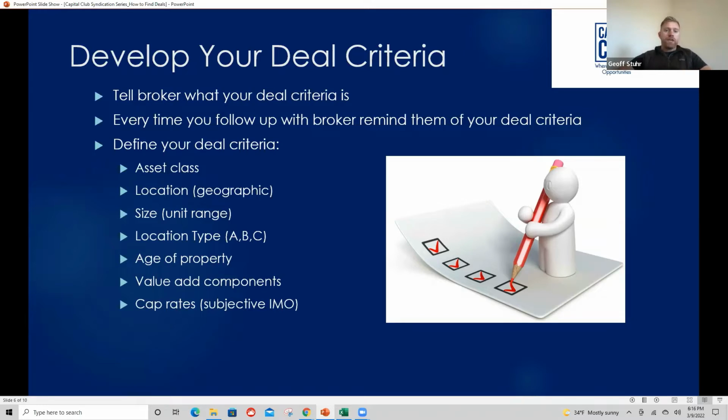And being able to develop this criteria, your buy box, they call it. If something falls into my buy box, you've got to prove that you're a closer and that you can perform, or the broker's not going to trust you. The market's not going to trust you to come through and buy.